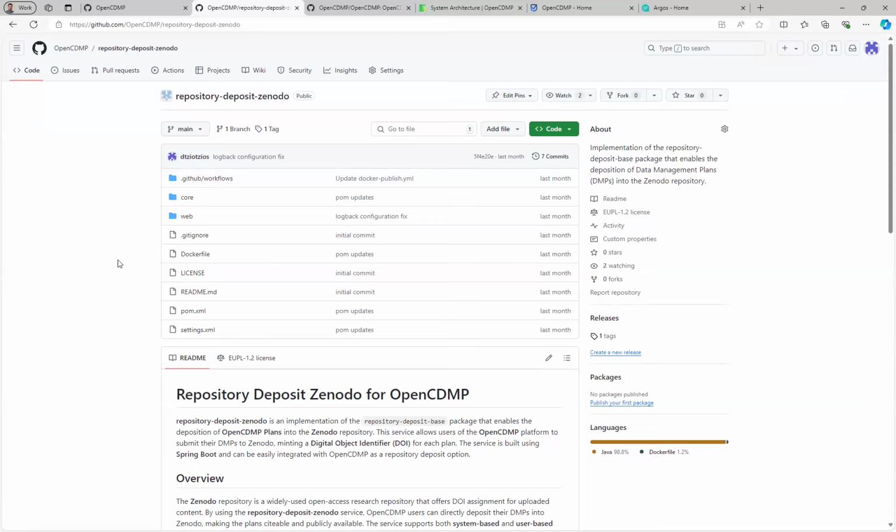There are lots of different versions of these repositories.